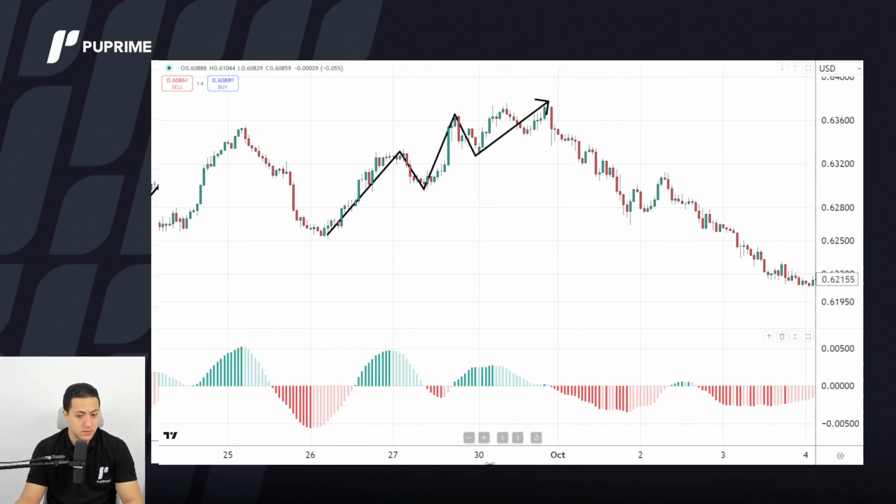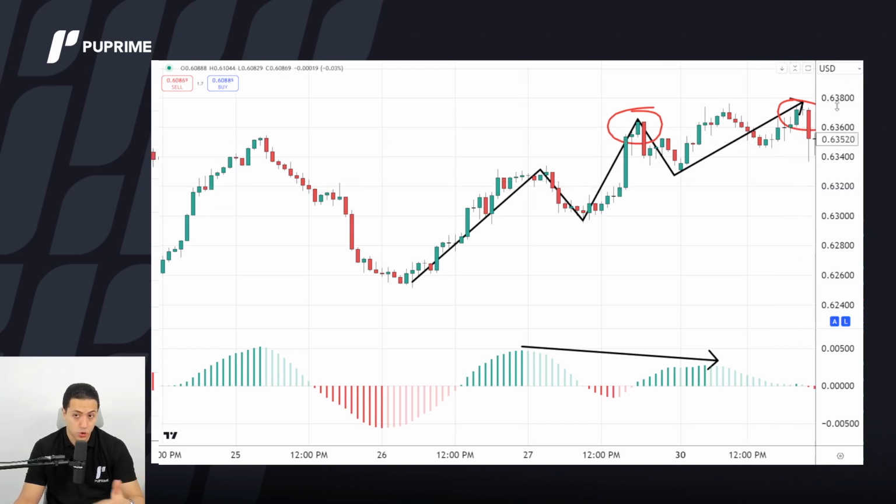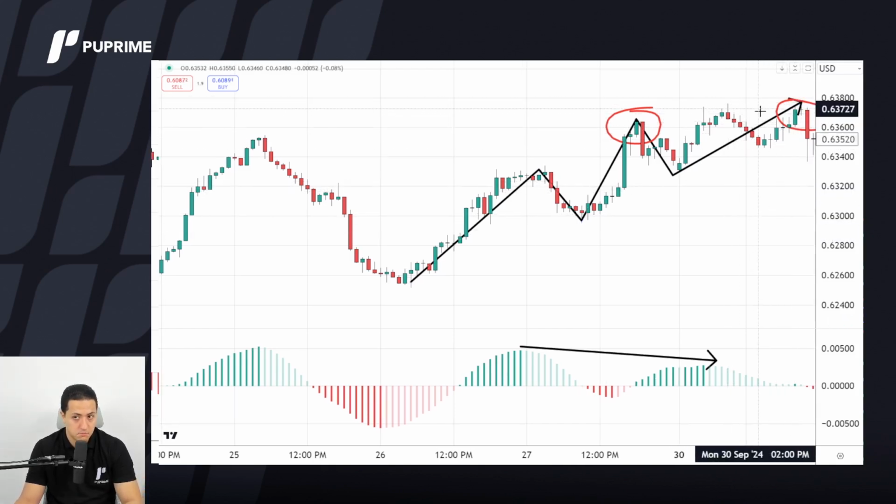If you look at the momentum, you will simply see that as prices were moving higher, momentum was moving lower, even before prices started. So yeah, this is what I'm talking about. If we just disregard the prices, this shows that prices are moving higher while momentum is moving lower. This is what we explained as a divergence.